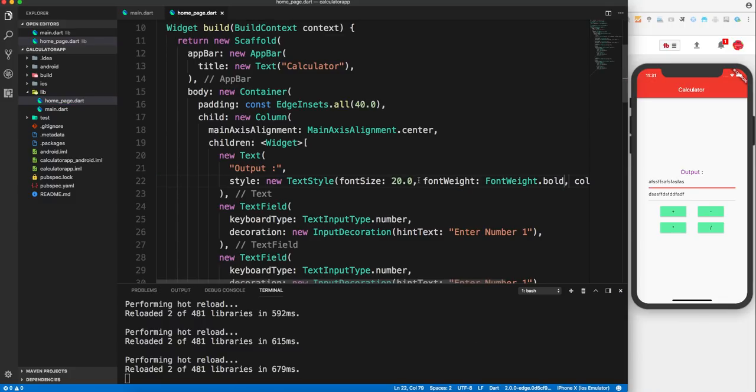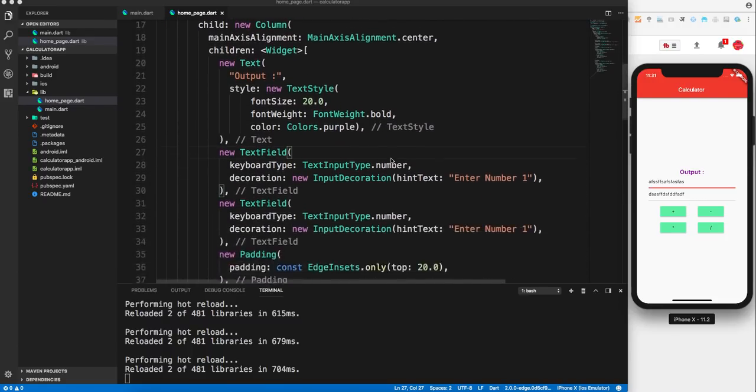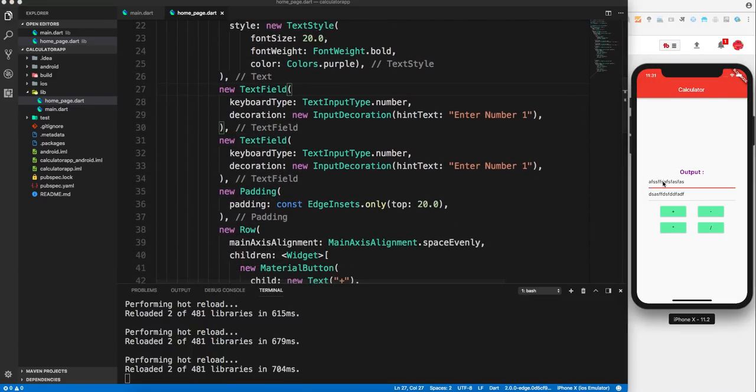Okay, now let's move it to the next line. Okay, now let's refresh it, and it looks much better. Okay, so after that we have this output. Yeah, we have this thing as well. So let's just restart it again,